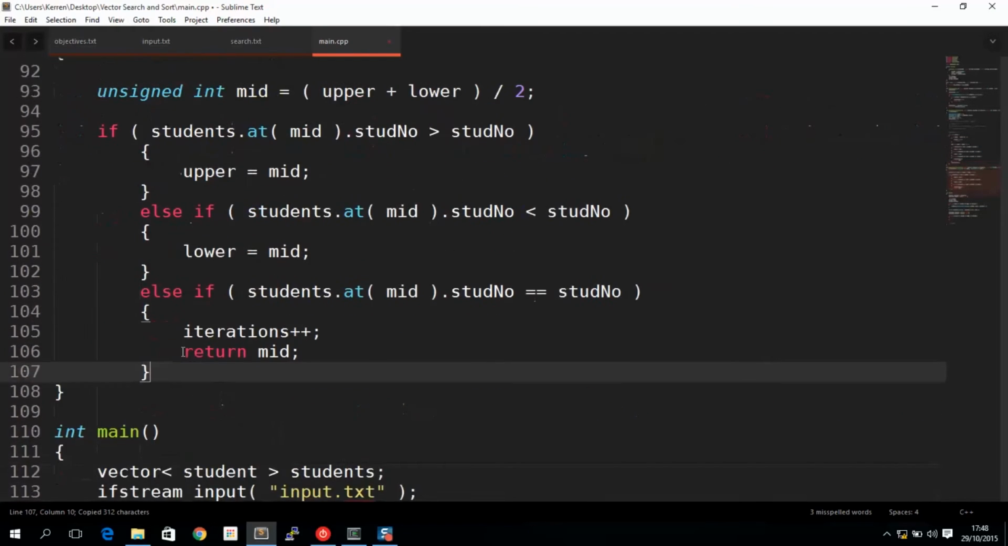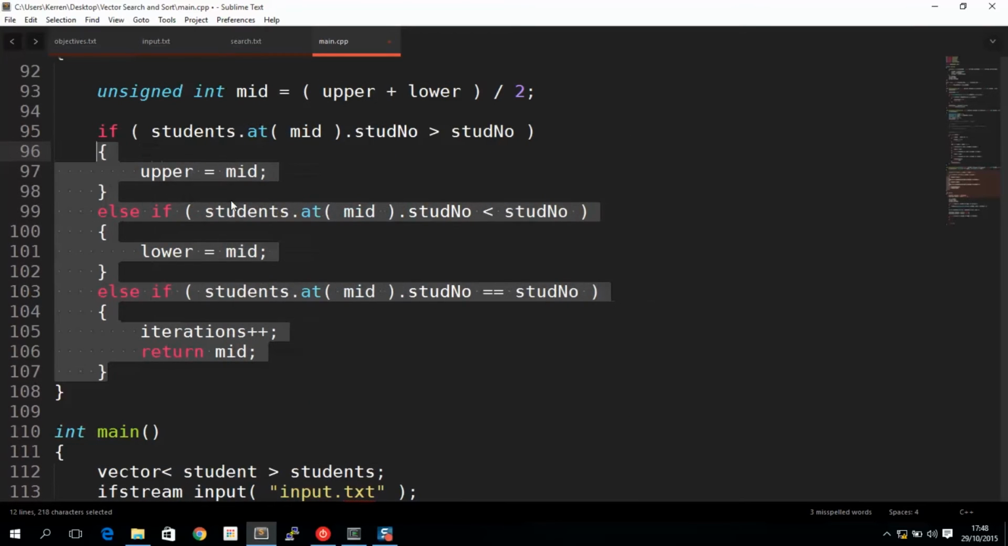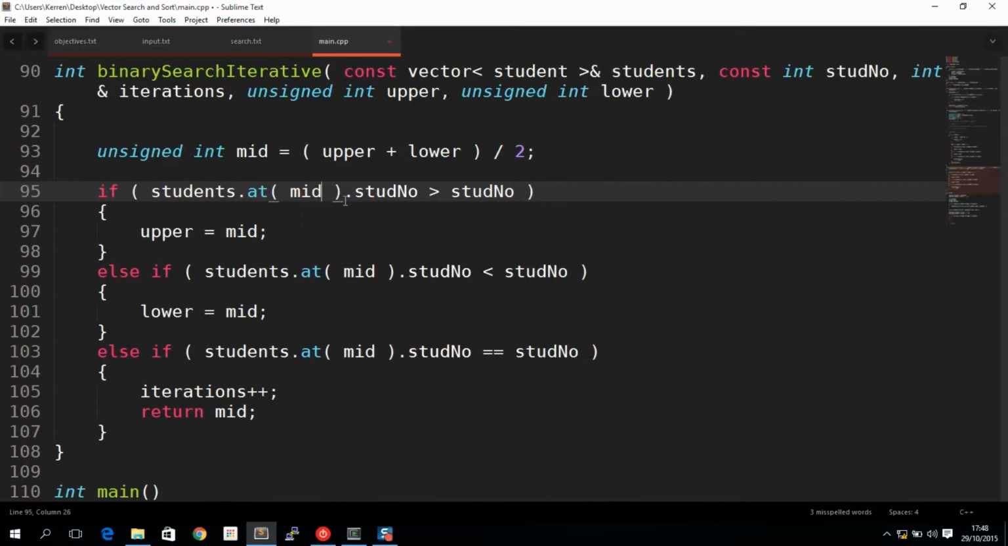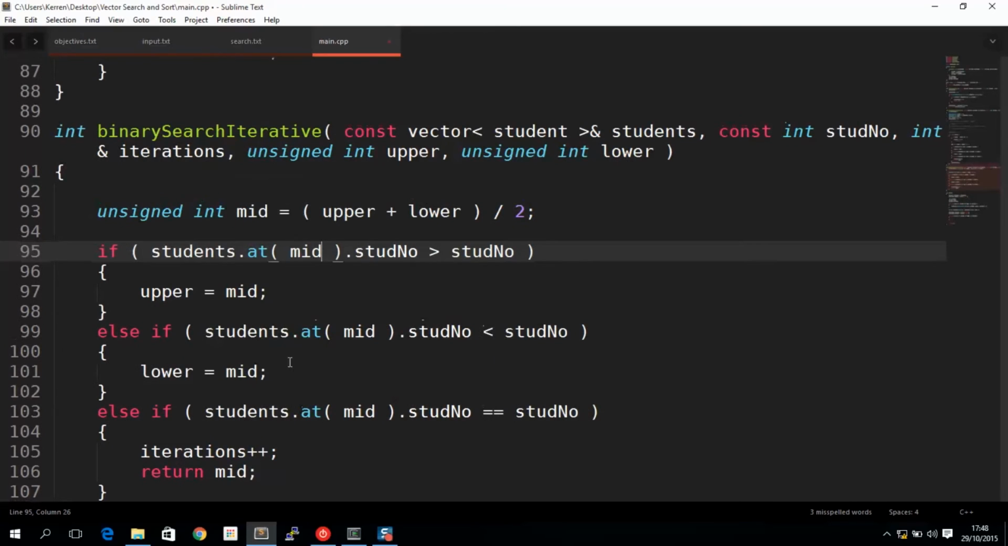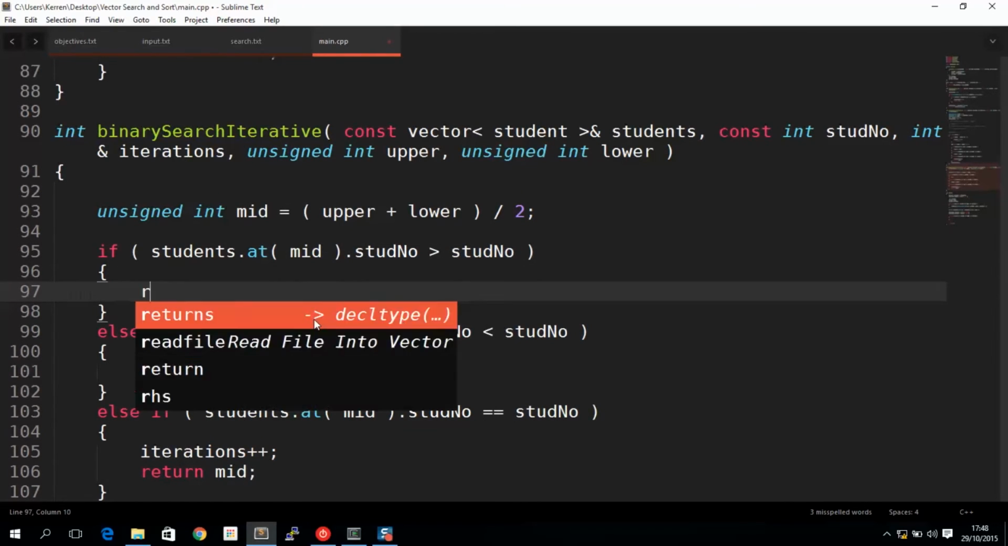Okay, if the student at the middle, this mid value, is greater, then upper equals mid. If it's less than, then lower equals mid. Else, if it's equal to, then we return mid. Okay, so that's cool. Now the trick is here. Instead of saying upper equals mid, we need to say return